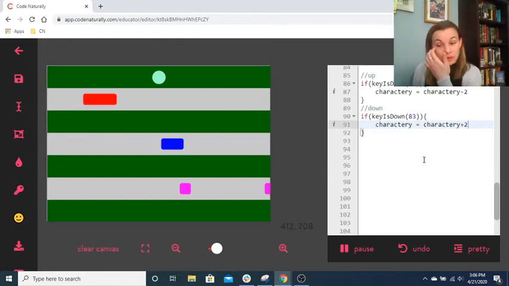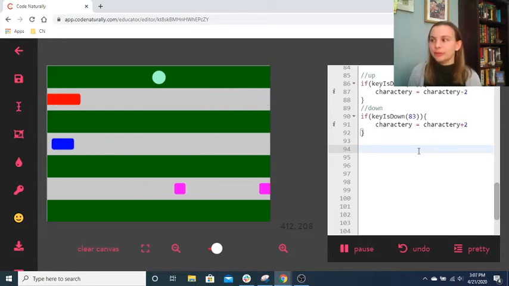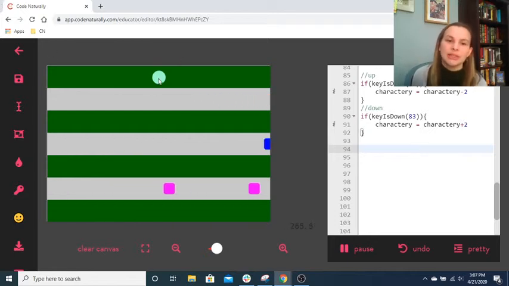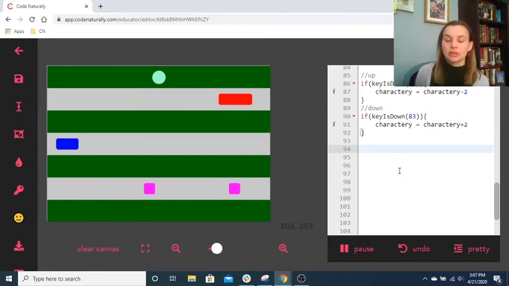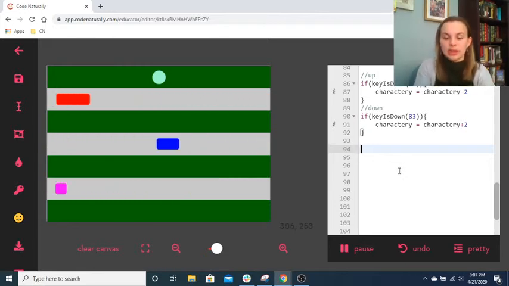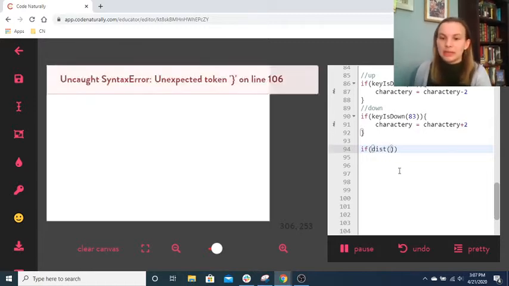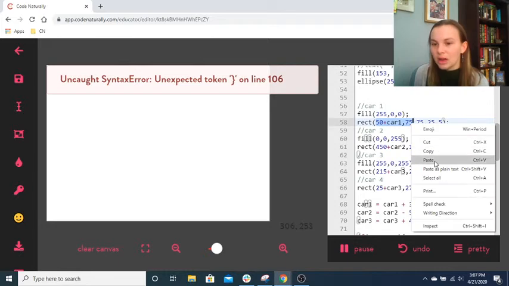Okay, so another thing that I want to do is, there's a lot of different ways that we can do this, but I'm basically going to make it so that if you reach the top, you go back to the start and you get a point. But let's first make it so that if you get hit by the cars, you lose. So we're going to say if the distance between my car 1, so 50 plus car 1, and then comma 75,